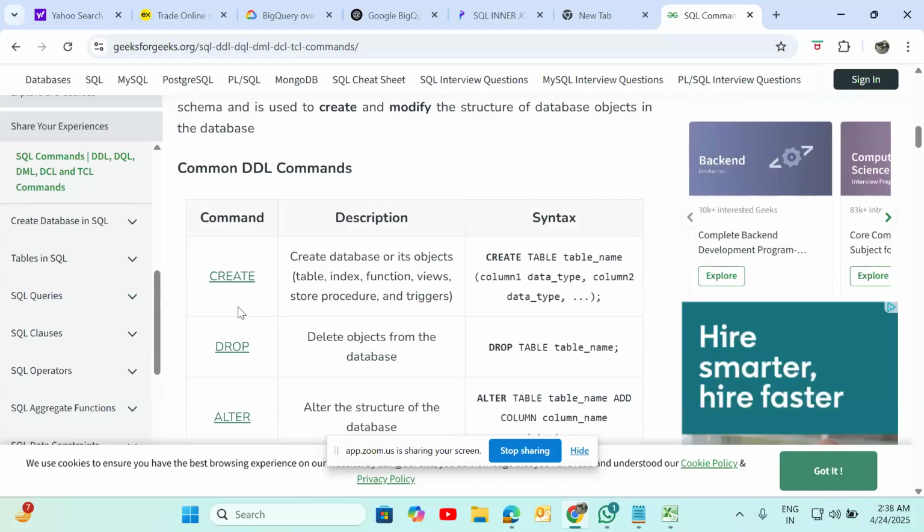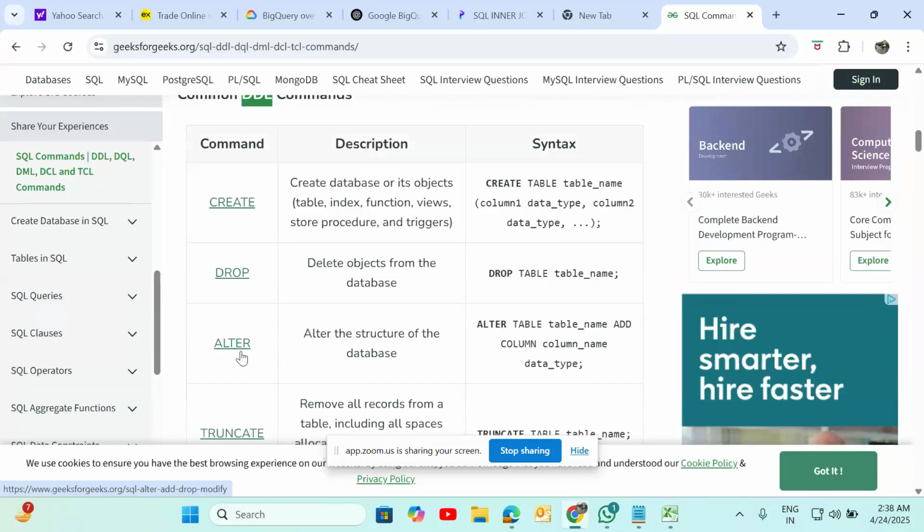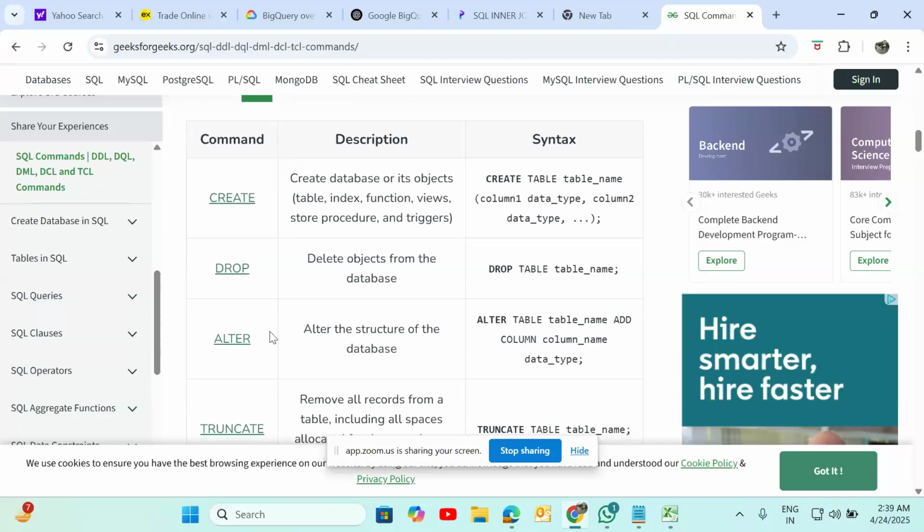For example, if you want to create a table, this is the syntax: create table, table name, column names. It will create a table using the DDL command. If you want to drop the table, drop. If you want to alter the table, for example, make any modification to that table, you use the alter command.